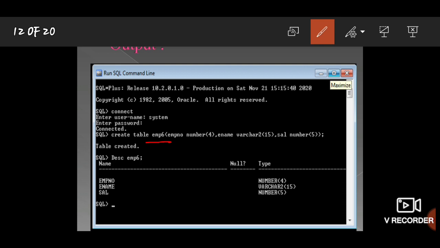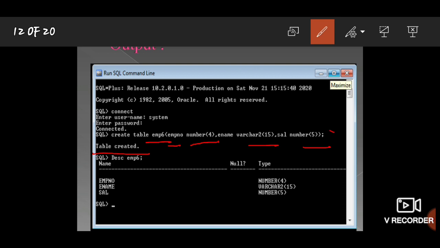Employee 6 is the table name. I took employee number with size 4, employee name with size 30, and salary with size 5. After writing this syntax, it displayed that the table has been created.